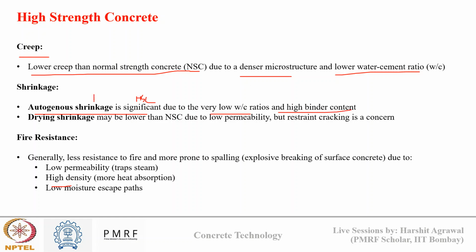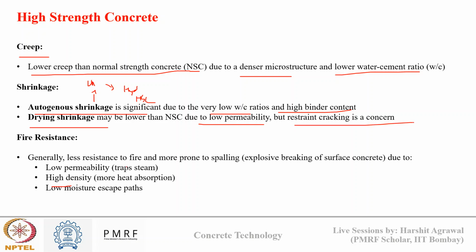We have seen what autogenous shrinkage is. It is due to the chemical reaction that is happening between the cement and the water, which decreases the volume. Initially unhydrated cement paste has a higher volume compared to hydrated cement paste. Since there is more cement, there will be more hydration, and that's why there is more autogenous shrinkage in high strength concrete. While drying shrinkage reduces compared to normal strength concrete due to low permeability, restrained cracking is still a concern